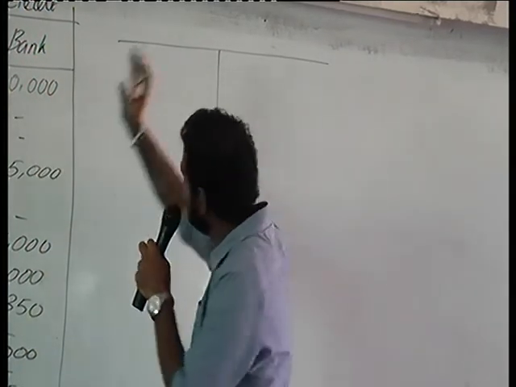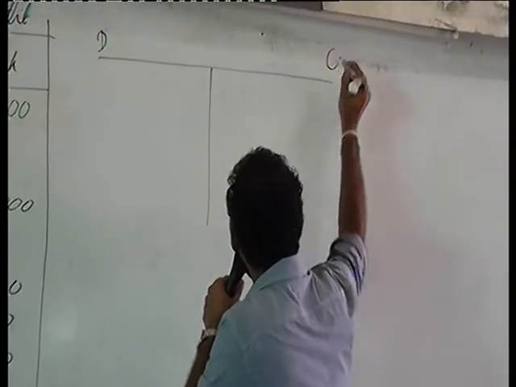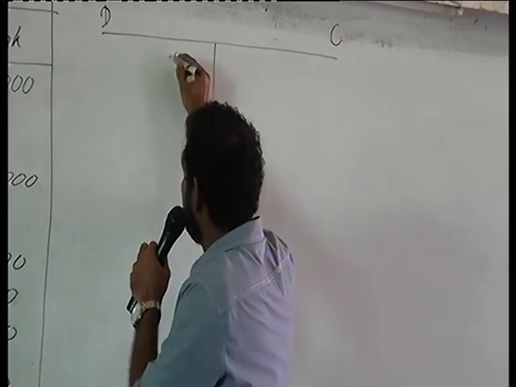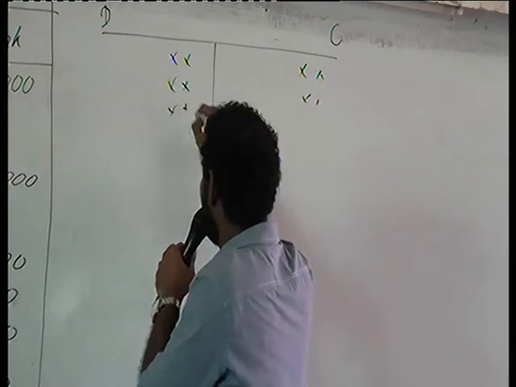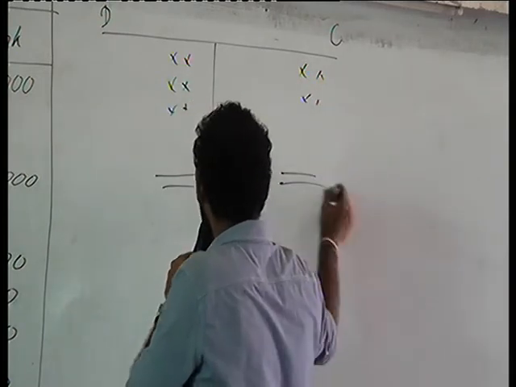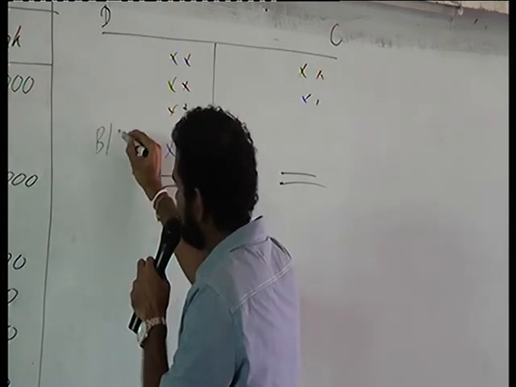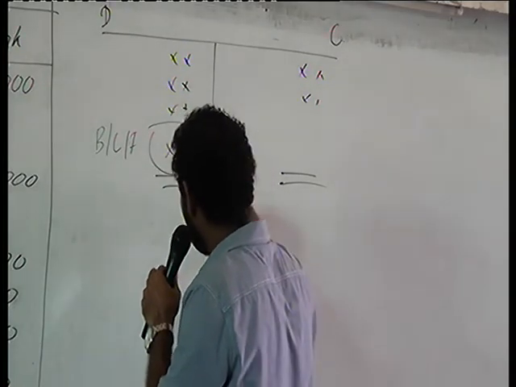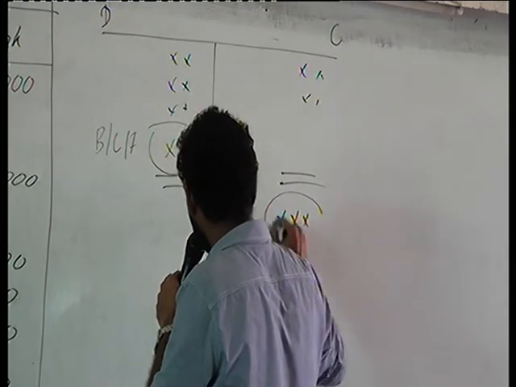So same thing, T account, this side is the debit side, this side is the credit side. Whatever the transactions that we enter into the debit side and credit side, we balance it, and this is the balance carried forward to the next period. So on the next period, it will be the balance brought forward from the previous month.